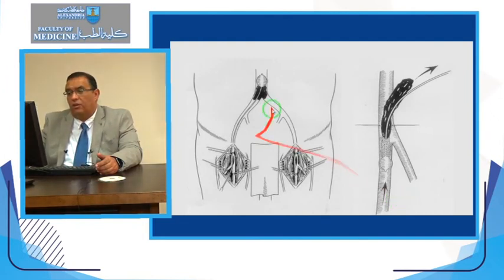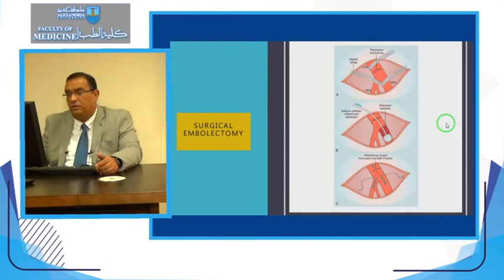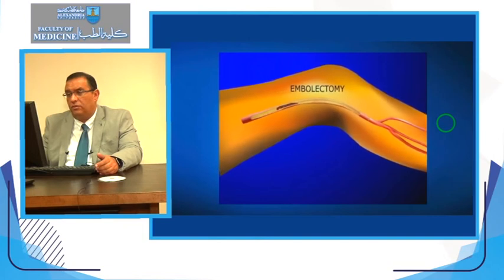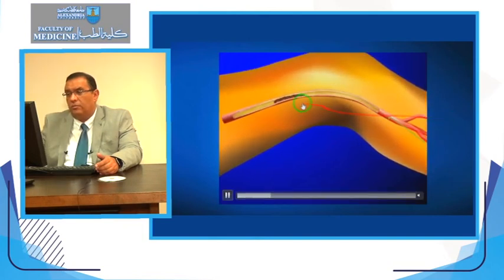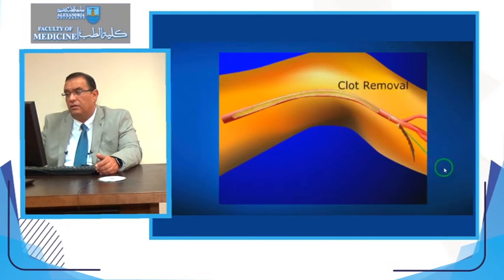We do a small arteriotomy, introduce the catheter, inflate the balloon, and then retract the thrombus, as we will see in a very short video later on. This is a picture of the surgical embolectomy, and this is a small video. Here is the thrombus. We introduce the Fogarty catheter, inflate the balloon, and then the balloon extracts the thrombus through the arteriotomy. This is the technique of the